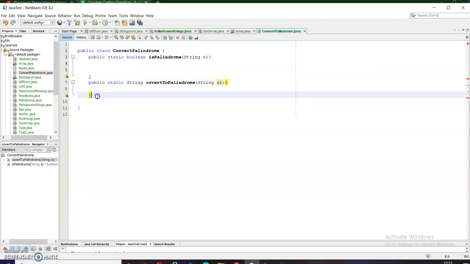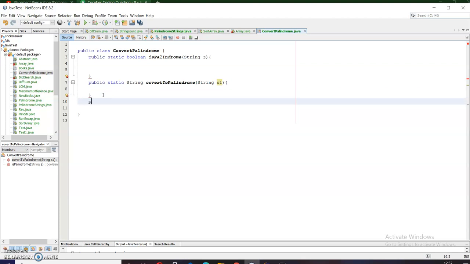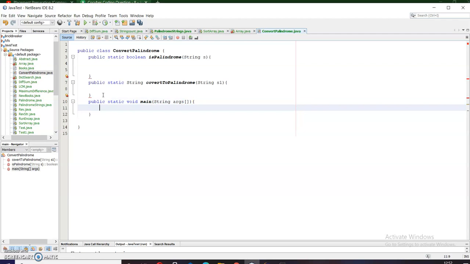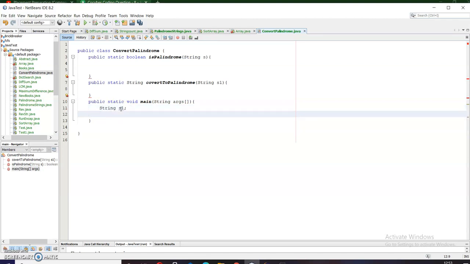Now I will call these methods from my main method, so let me define a main method also. public static void main, String args. Now I will take the string as input from the user using the Scanner class.